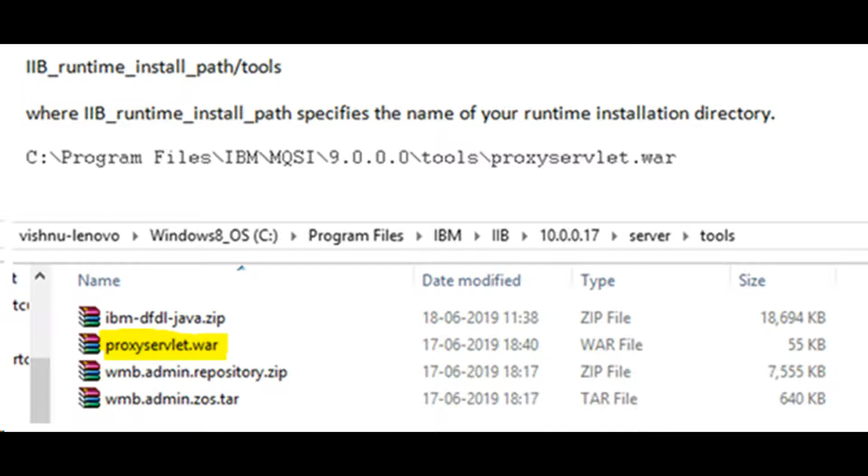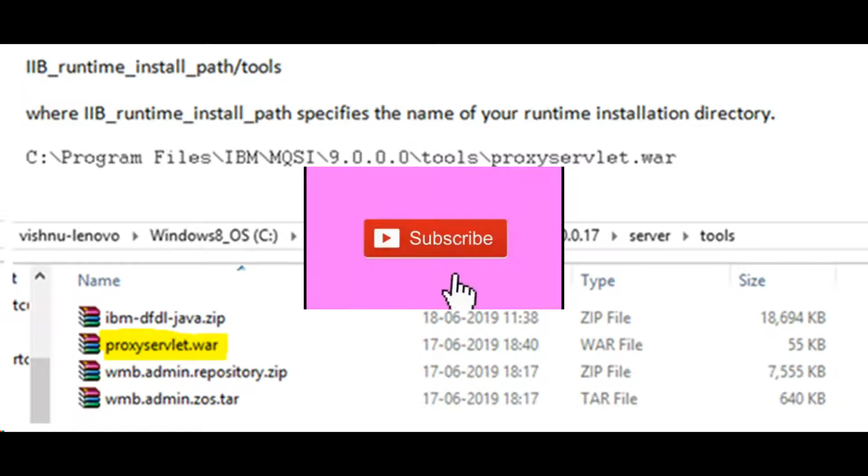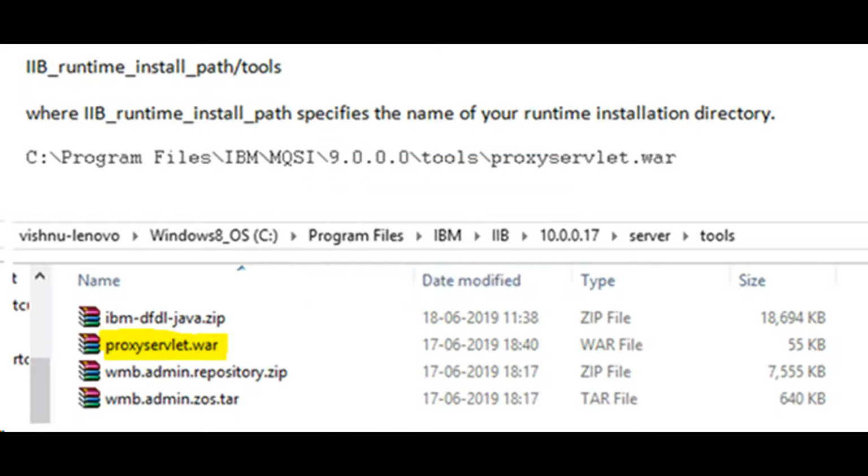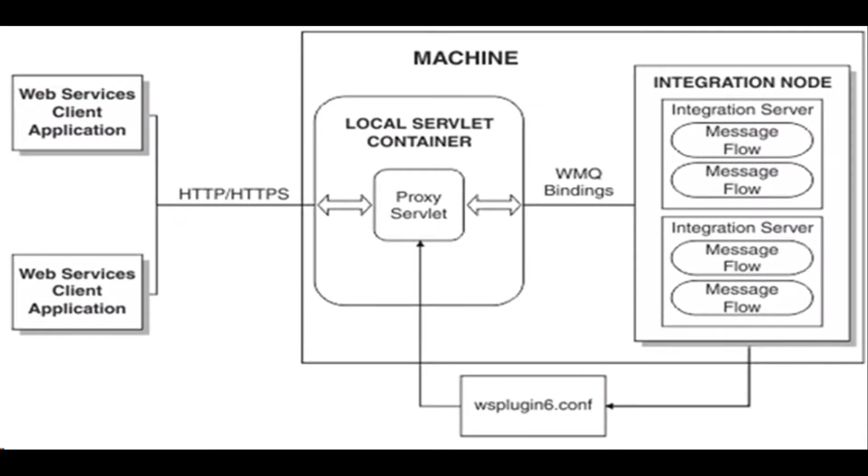By using the HTTP proxy servlet in a servlet container, you can support high availability, load distribution, access to integration node from multiple IP addresses and ports, and a large number of concurrent HTTP sessions. The HTTP proxy servlet is a Java servlet that you can use in a servlet container such as Apache Tomcat or in a web server such as IBM WebSphere application server. The HTTP proxy servlet receives HTTP requests from the client applications and replaces the support that is provided by integration node and integration server.